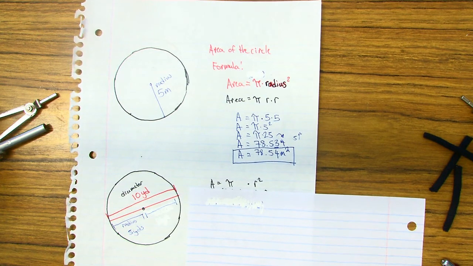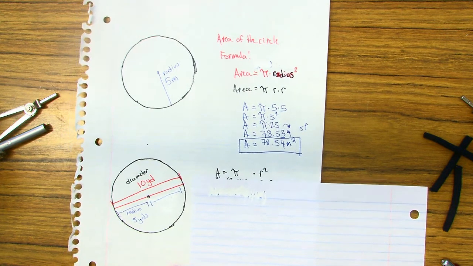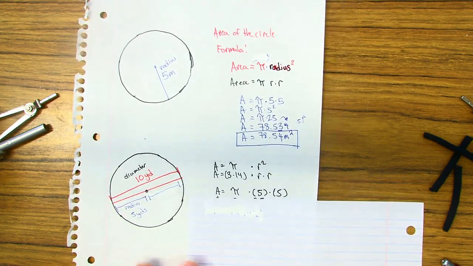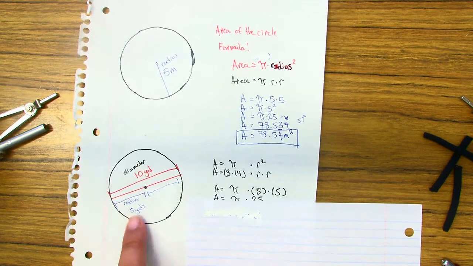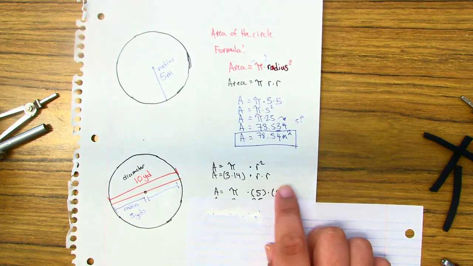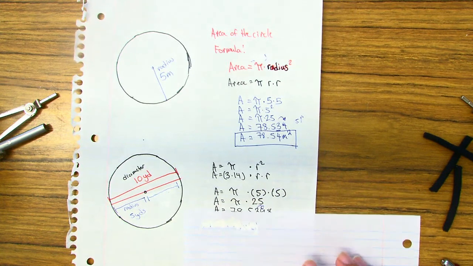The answer for this is number 2. So here you're going to have area equals pi times radius squared. You're going to substitute the value of the radius, which still equals 5, right? 5 times 5 is 25. 25 times pi will equal